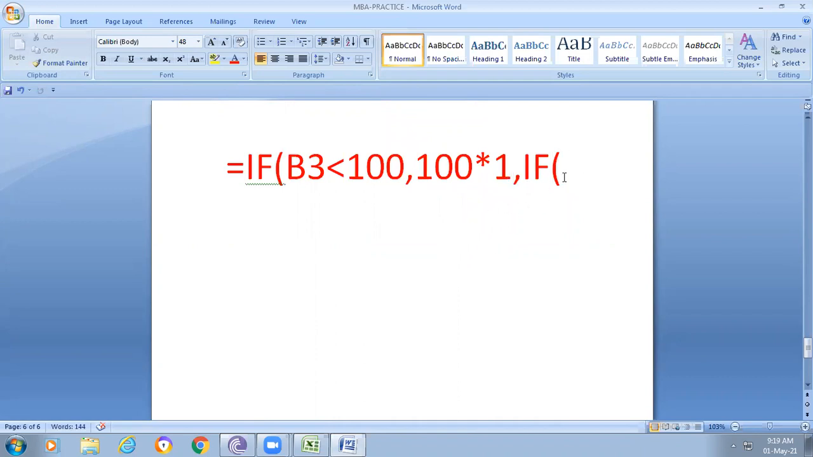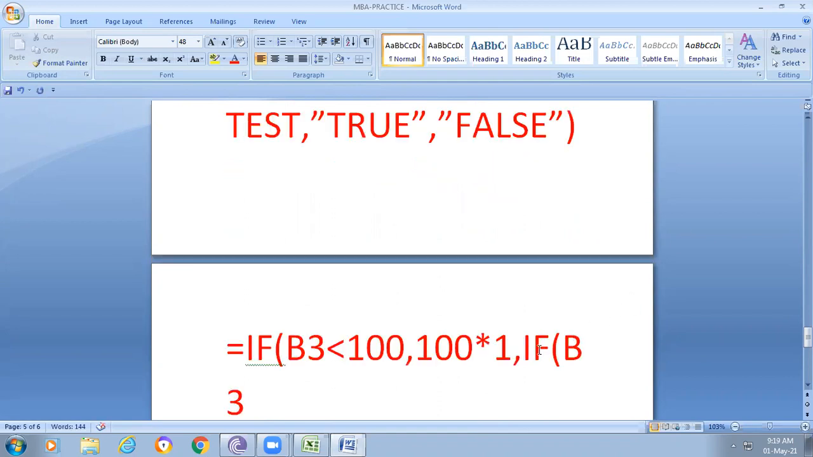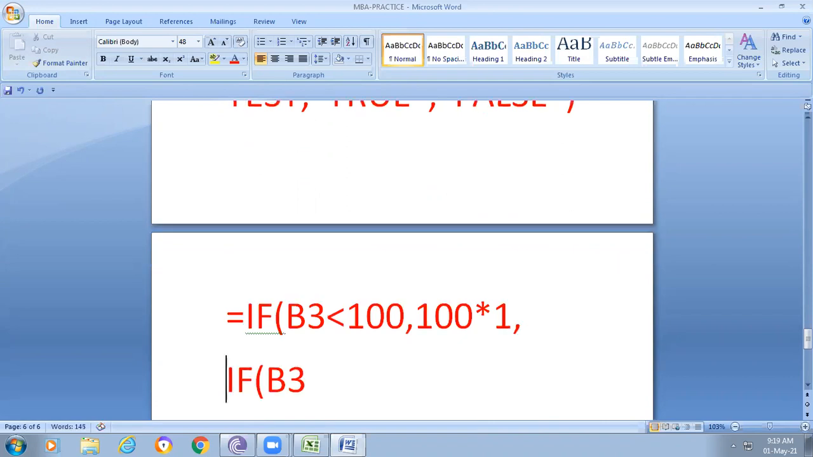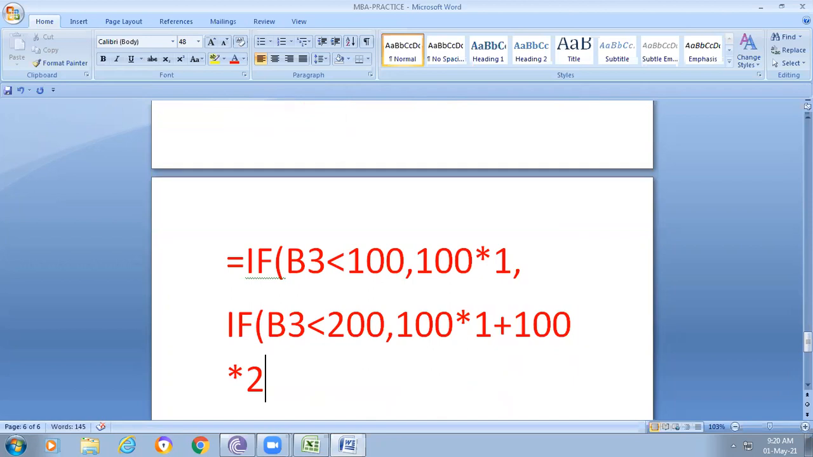So what is the meaning of B3? It is the B column, and I shift this into the next row. If B3 is less than 200, then what is the value? First 100 units 1 rupee, second 100 units 2 rupees. Am I right? So 100 into 1 plus 100 into 2. So if the number of units is less than 200, then fine; otherwise, again